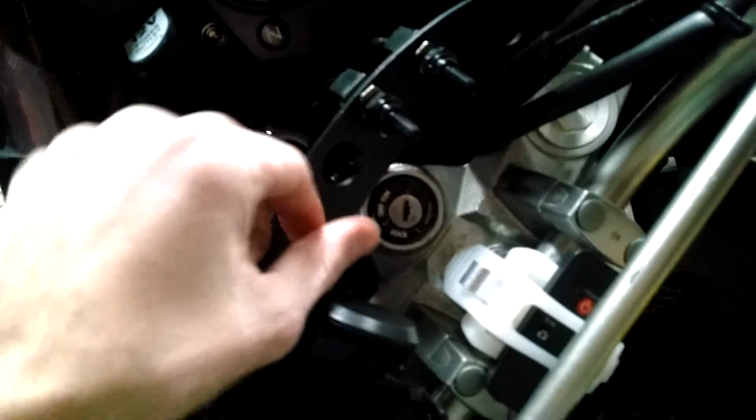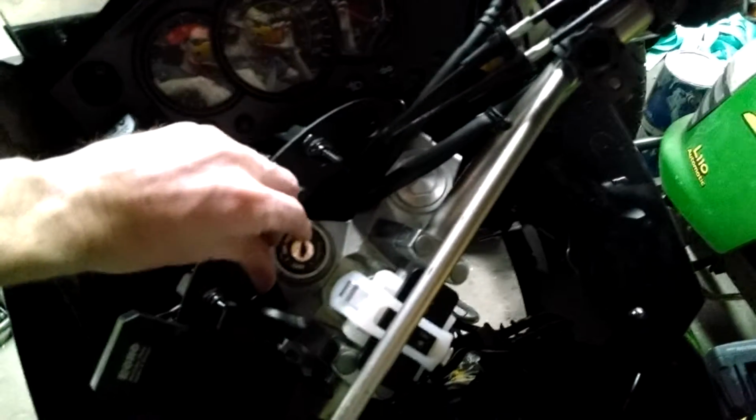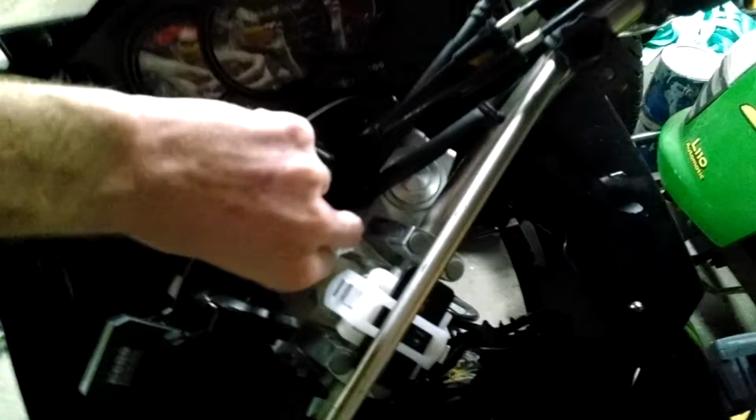But I also recommend, if you do HIDs on these bikes, that you wire up a separate switch, so that way when you put the key in and you turn it on, the headlight's going to come on. But when you go to hit that bump start to start it, it's just going to shut the light off, and the light's not going to come back on, and you'll end up having to do what I was doing, is taking the key really quickly, going to the off position and back on, and it'll reset the little box